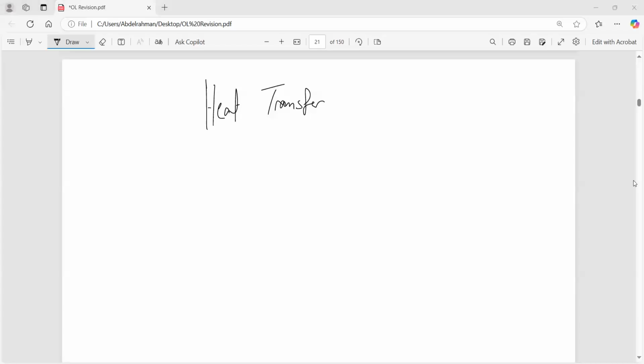Okay, so heat transfer. We need to finish up Unit 2, thermal physics. When we talk about heat transfer, we have three ways of transferring heat: conduction, convection, and radiation, or to be more specific, infrared radiation. First of all, when I talk about conduction,